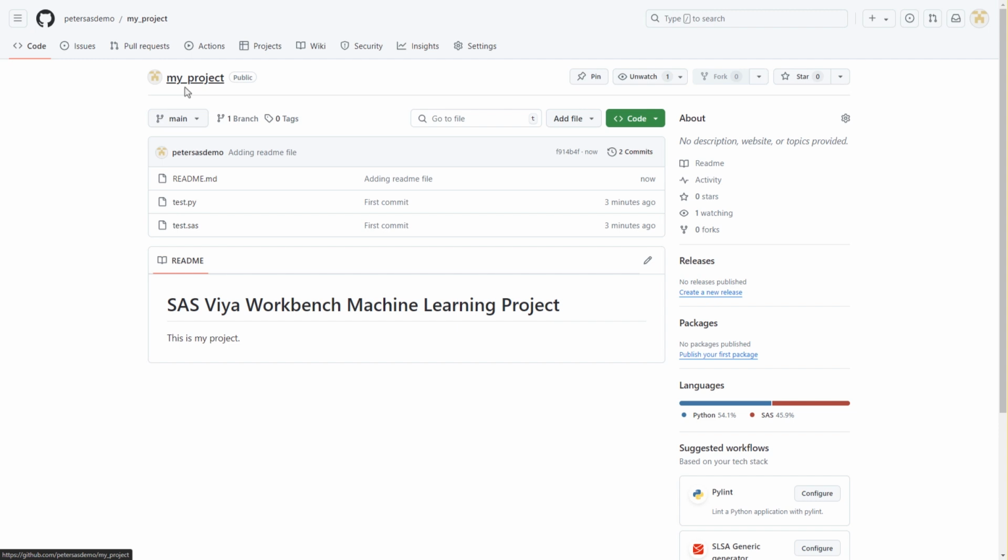By leveraging SAS via Workbench to seamlessly integrate with GitHub, we empower data teams to collaborate efficiently and scale their analytics projects with confidence. Start to collaborate analytic pipelines today with SAS via Workbench and GitHub integration.